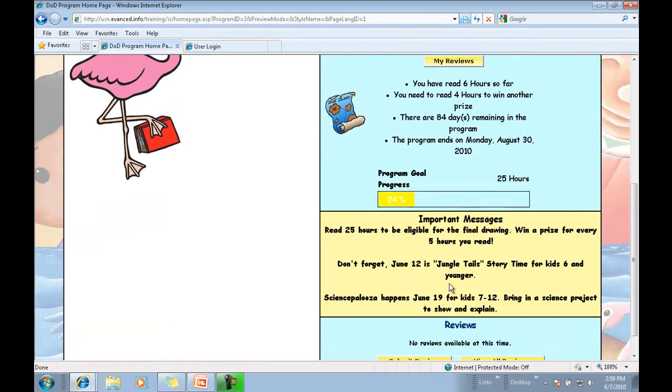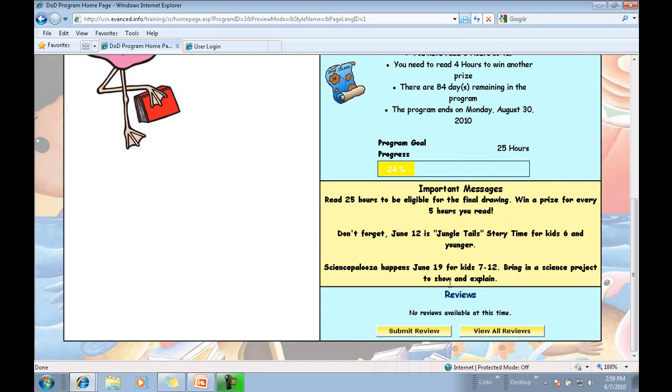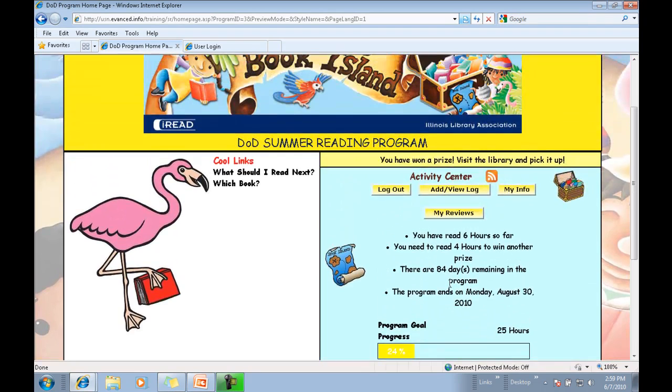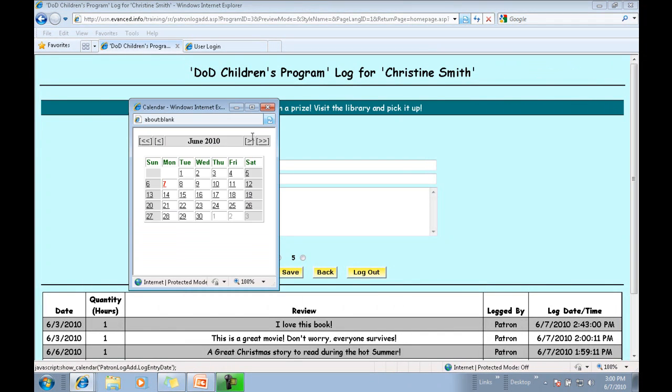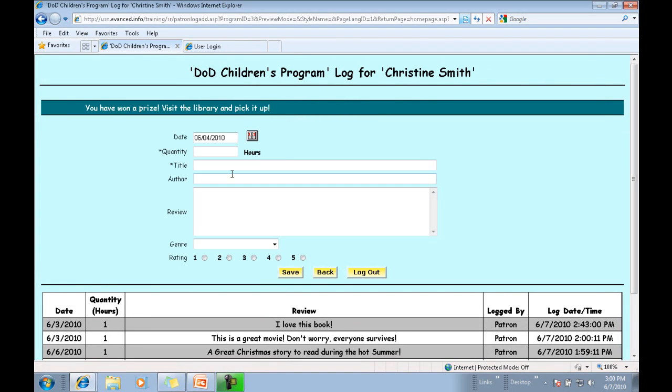Other things like the important messages and the reviews haven't changed, but we're going to get back to how to submit a review in just a minute. So let's say I've read an additional hour of a book, or I've watched an additional hour of a movie. We'll go and we'll select a date that we've done this, because maybe we did it while we were out of town, we weren't near a computer, and we maybe saw a movie but we weren't able to add information about it. So let's say on Friday the 4th,